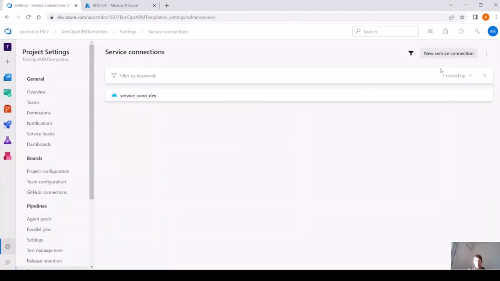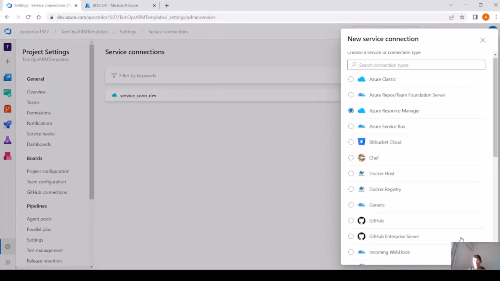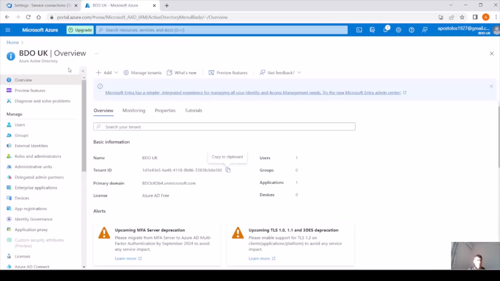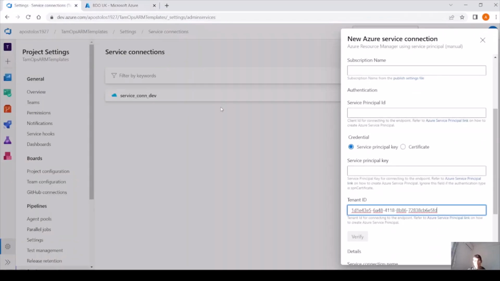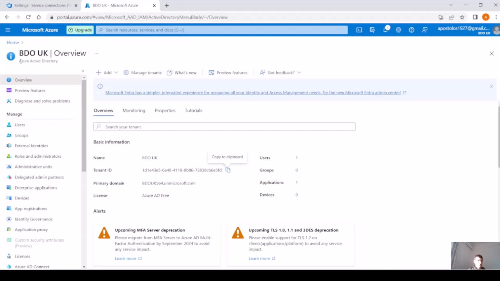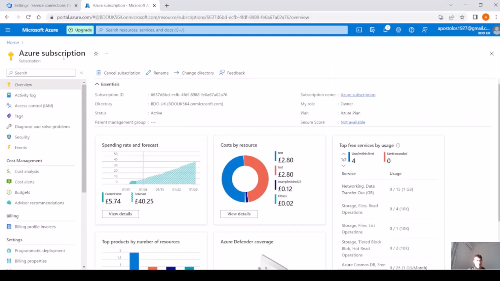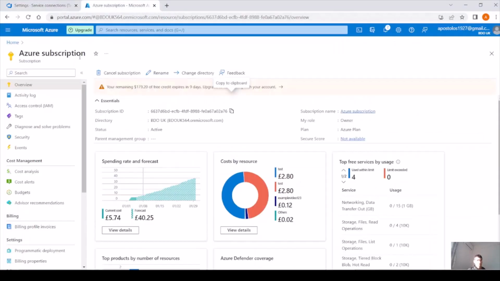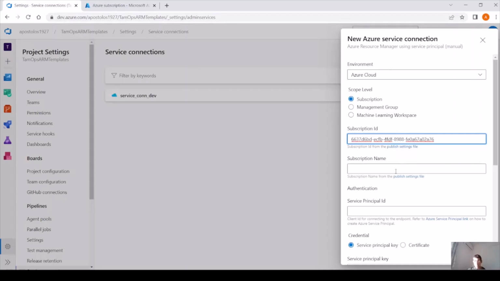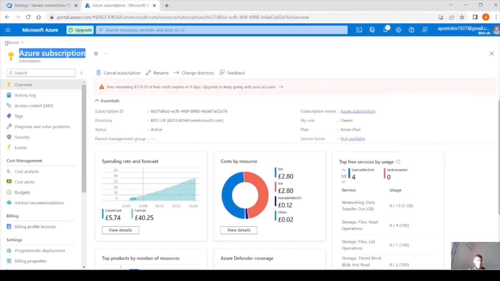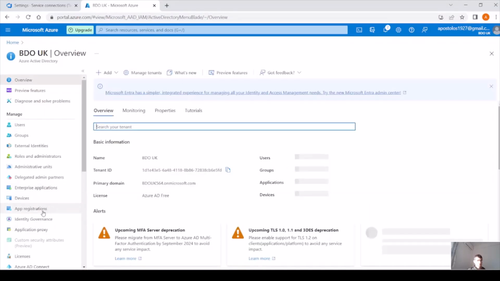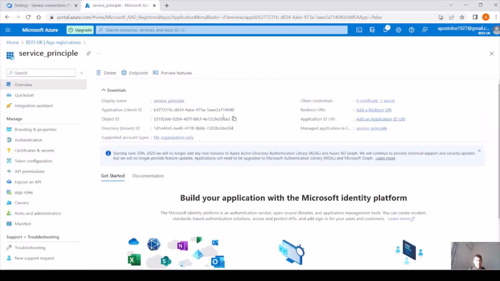Service connection, same process, manual, next, subscription. I'm going to do it a little bit faster this time. So tenant ID, subscription ID here, subscription name, we paste, copy that, paste that, service principal ID, back to Azure Active Directory, app registration, service principal,